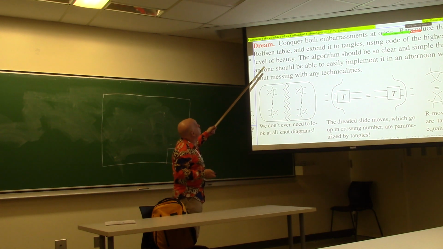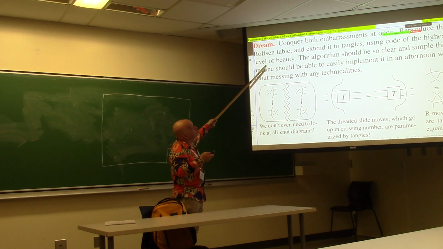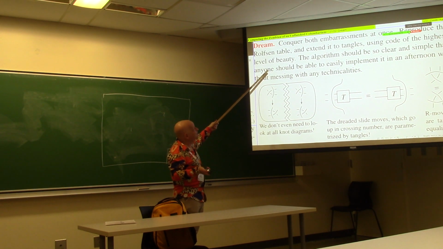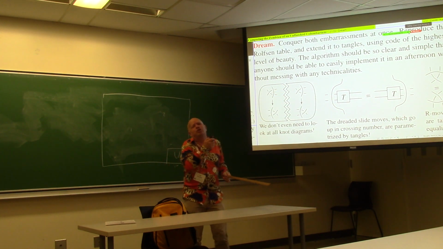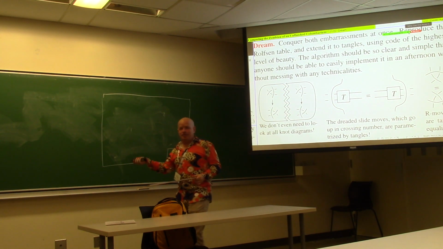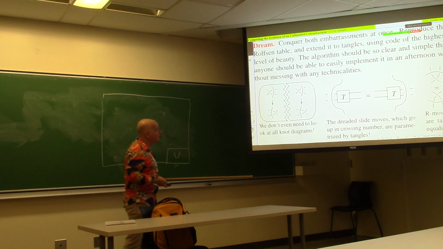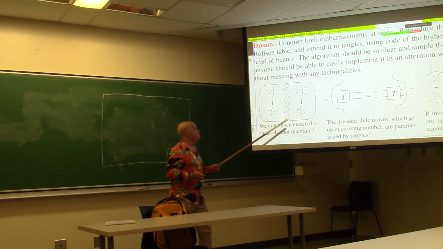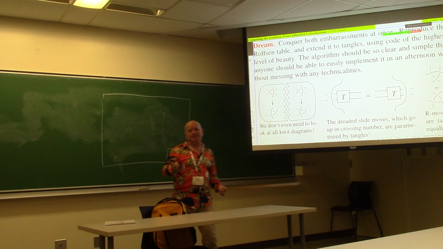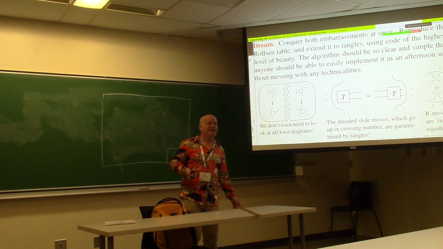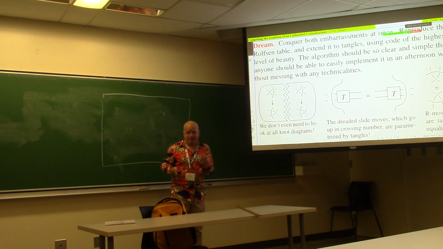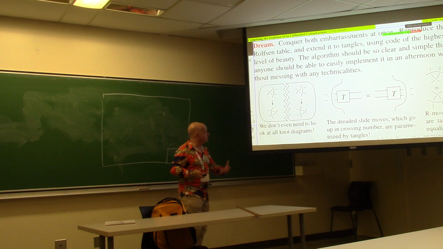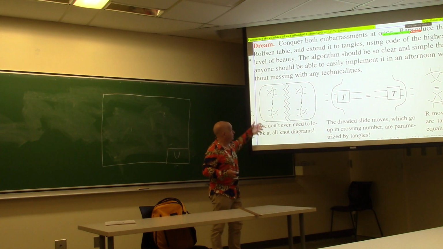I have ideas, but I don't have results. So I want to be able to reproduce the Rolfsen table and extend it to tangles using code that would be so beautiful and so meaningful and so easy that you will be able to do it in one day, maybe one afternoon, without any technicalities. It should just be beautiful, okay? And there is a chance. And the chance is because of the following reasons. First of all,